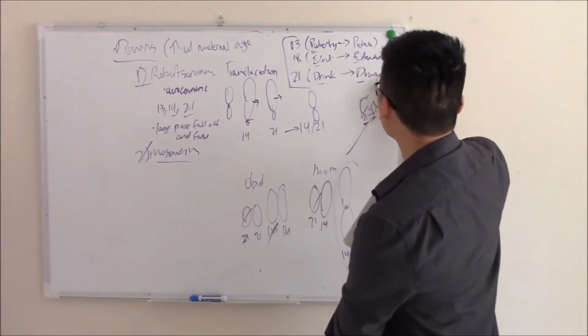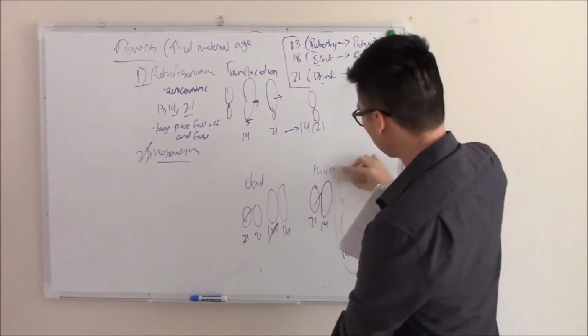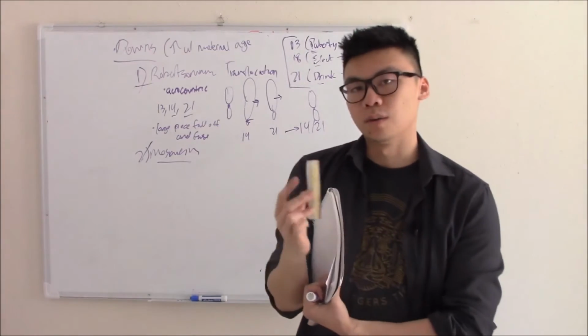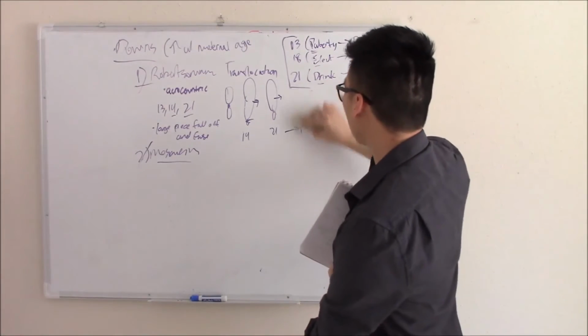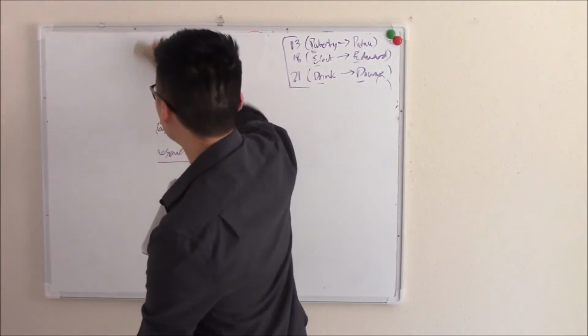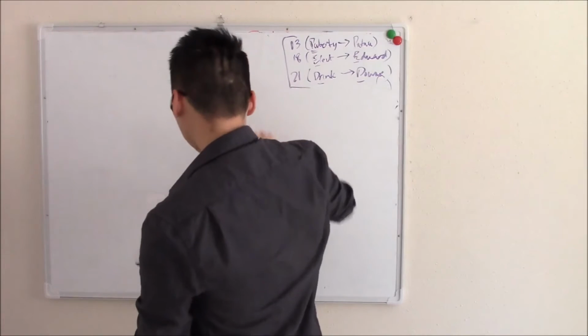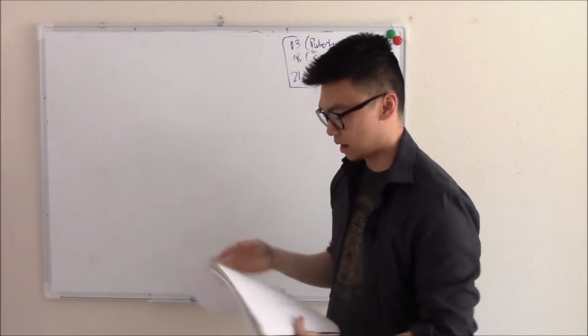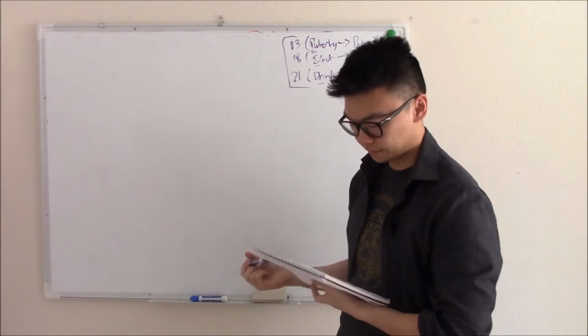That is something you must know. If they talk about a person that clearly has Down syndrome, but they say they have a normal amount of chromosomes, they're either talking about Robertsonian translocation or mosaicism, okay? I think that's all I want to talk about on Down. Let's move on to